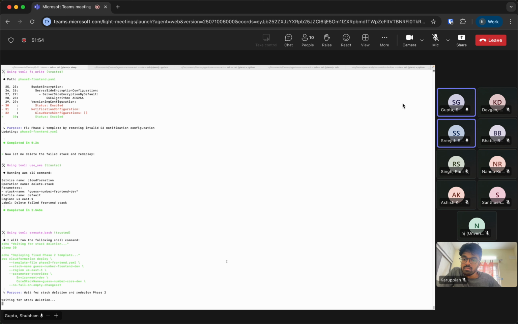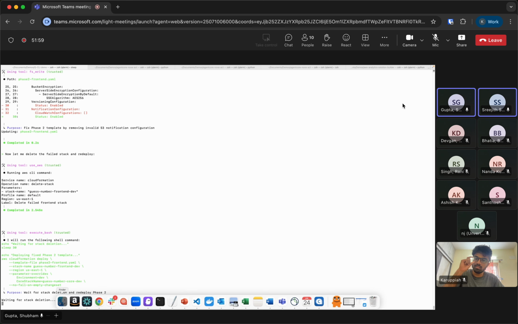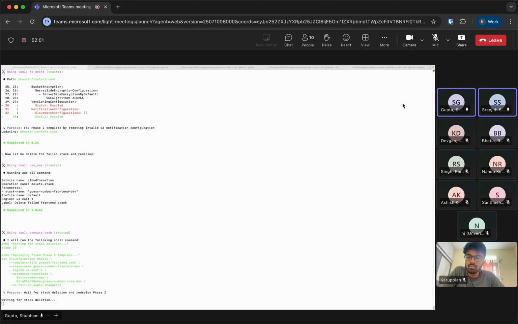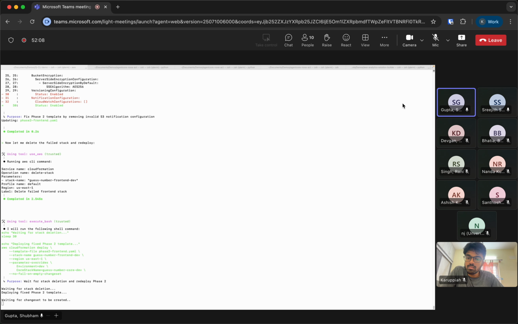So that's the architecture diagram that is created. Yes. So let me open that. Give me a second. I'm scrolling to this folder.